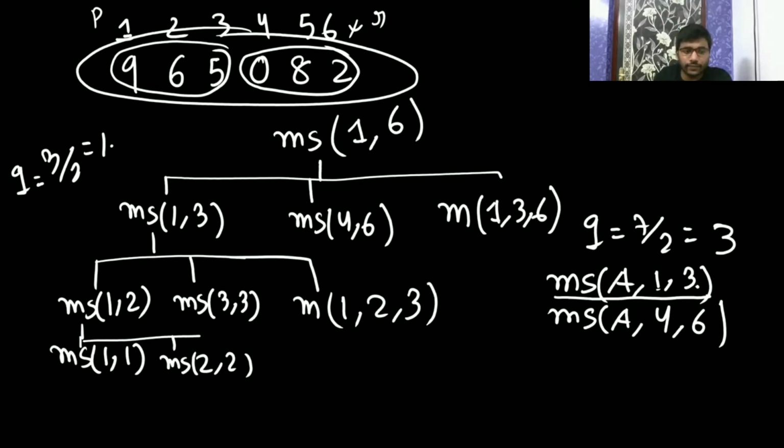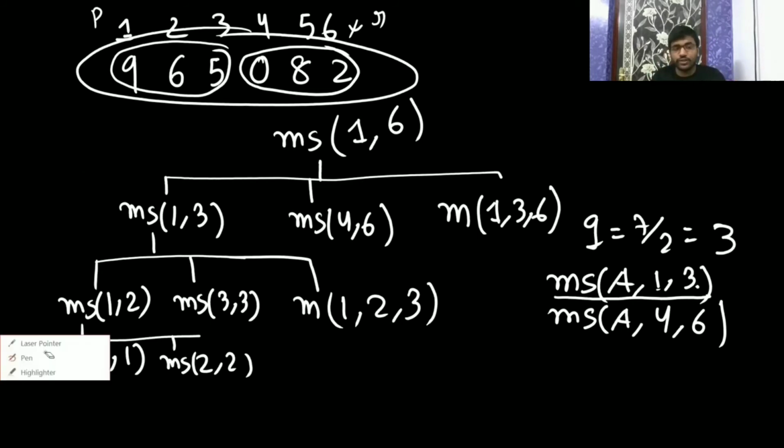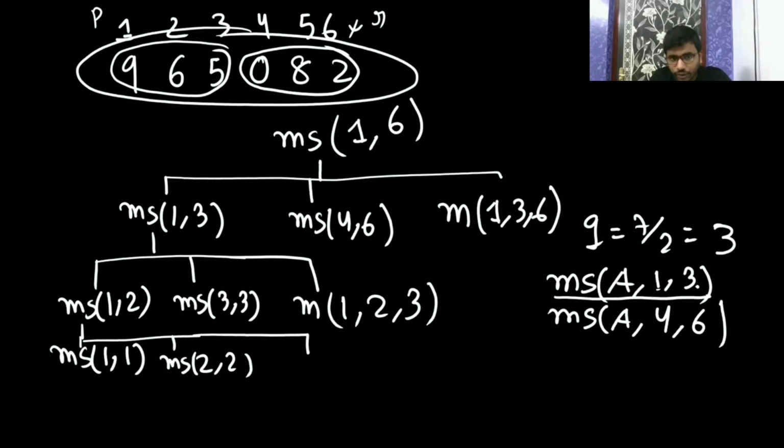Is it clear? See what I am doing here, I am always dividing the big problem into sub problems, and the sub problem is the half of the big problem. See, 1 by 3, this is the merge sort. After this I am going to call the merge on 1 2 2, p q r. Okay, p q r. Now see how I am doing here.